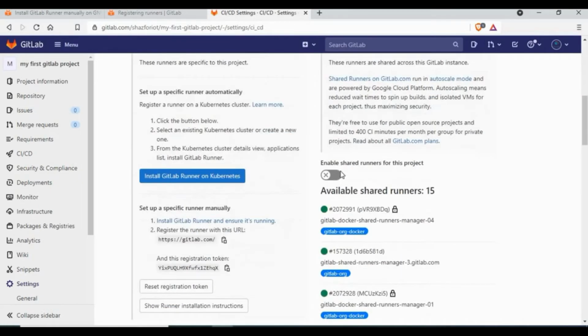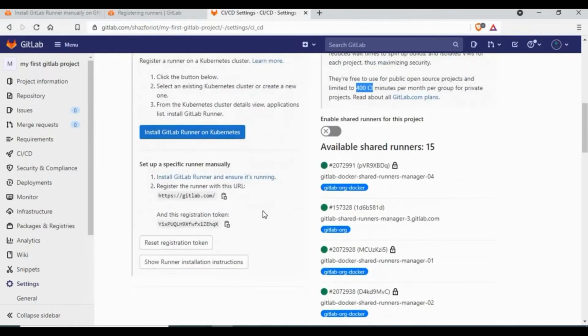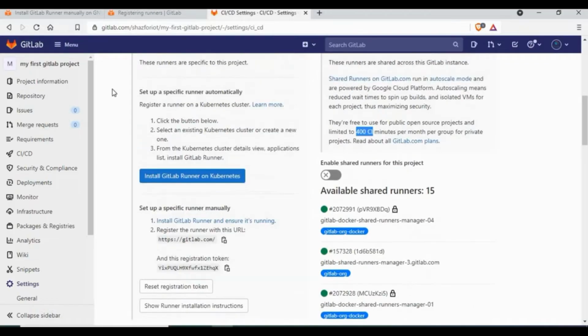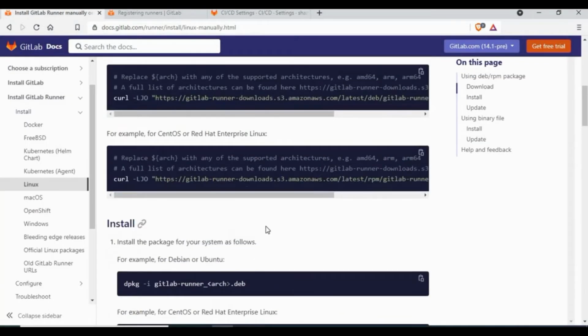I have disabled my shared runners, so that the CI/CD jobs on this project will not be running on the shared runner. The shared runners are completely free for open source projects, or there is a limit of 400 CI minutes for private projects. These options, like the token and everything, we will be using to register, and I'll be following this documentation for installing on